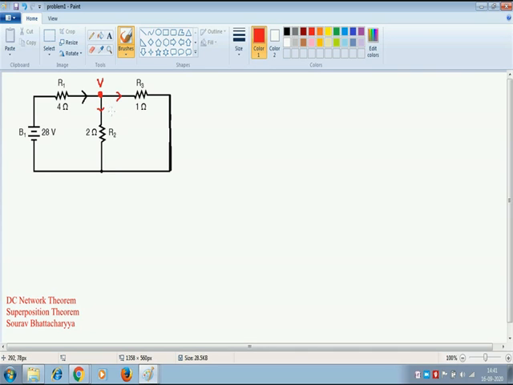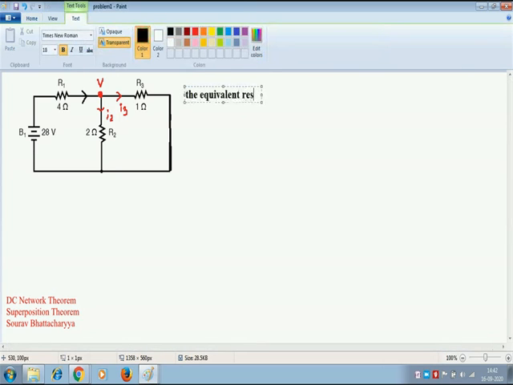So as the current is divided and the amount of current is not the same, I2 and I3 are different, because in this circuit I2 is not equal to I3, right? And the same current will not flow. Even if the same current flows, even if the two resistance values are the same, these two resistances will always be in parallel. So therefore the equivalent resistance is R2 and R3 in parallel.